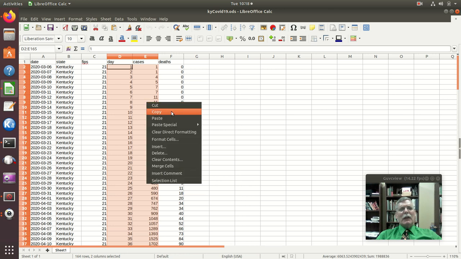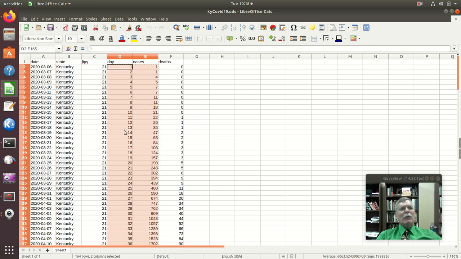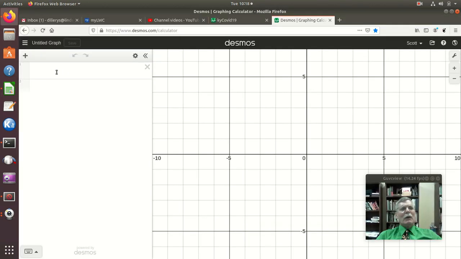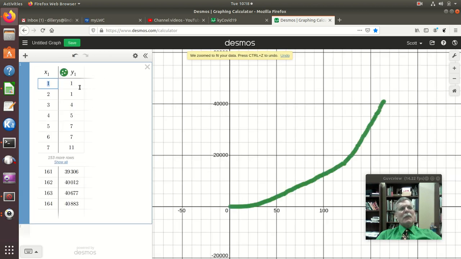So I can say copy here using the mouse if I wish, but when I come back here, I can just click in here. I have to use Control V, so you don't get to see me do that, but I'm holding down the Control key and hit V, and there we have the data, and it plots it automatically,